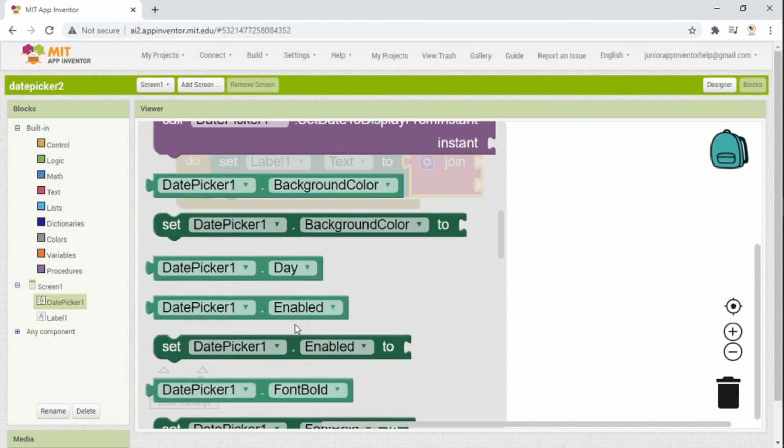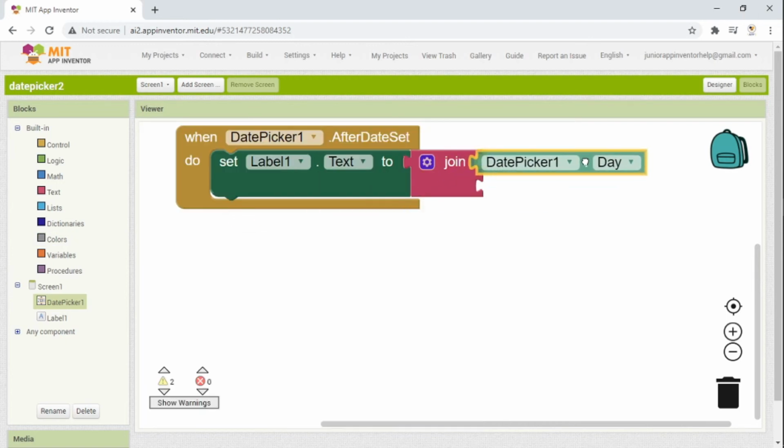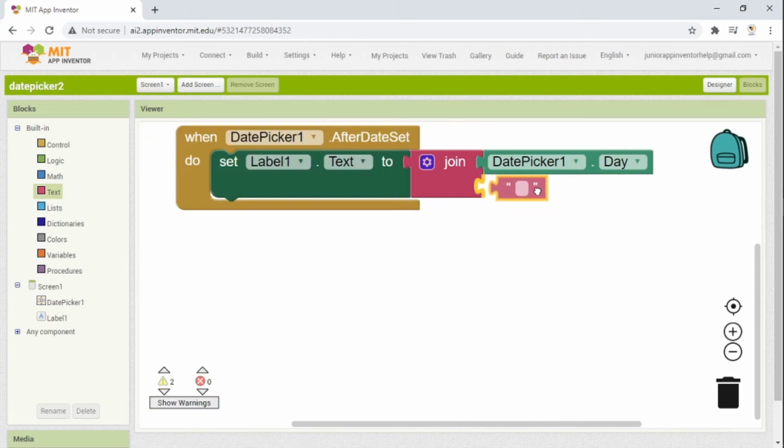First we take the day from the date. Now, second, we take a blank string, also called a text string, and we set a dash in it to manually separate the day, month and year.